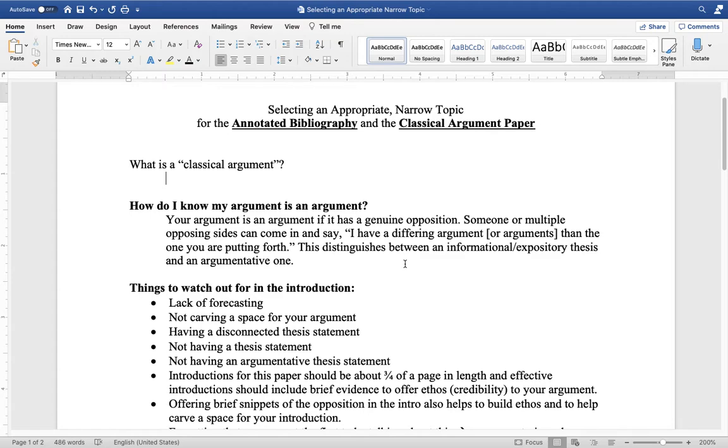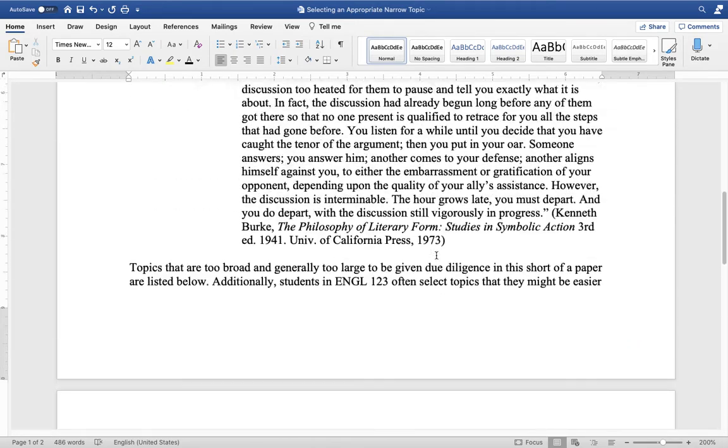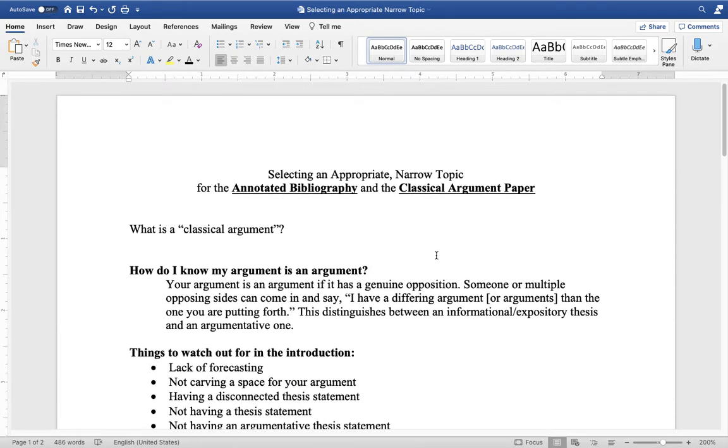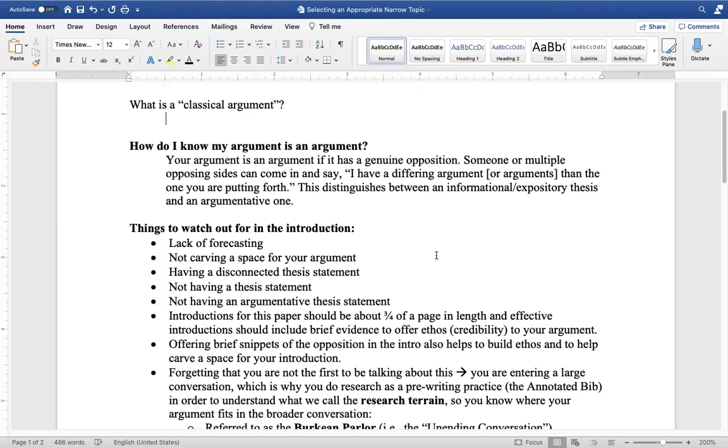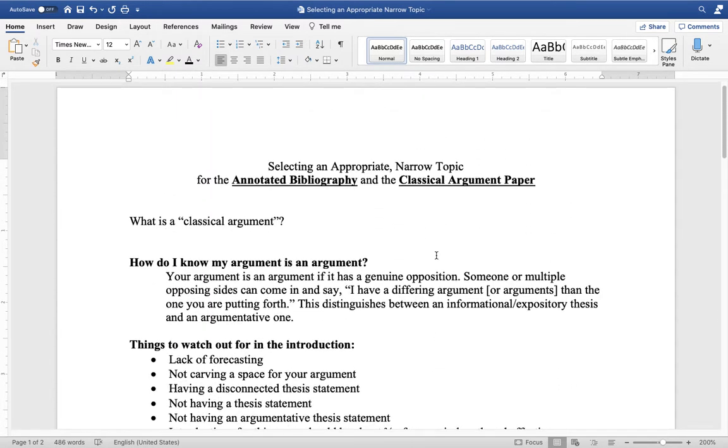I have a couple things that I want to address, and I'm going to just briefly talk about what a classical argument is. I'm going to start with that, going over how you know your argument is an argument. I'm going to talk about the introduction itself, because I don't think students understand the intense rhetorical purposes of an introduction. There's a lot of stress and